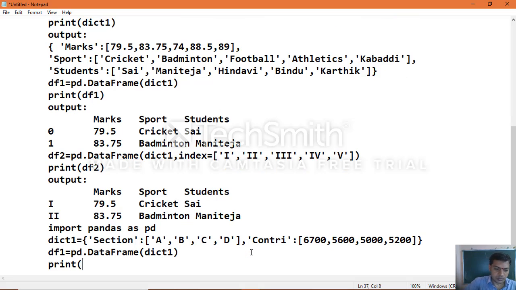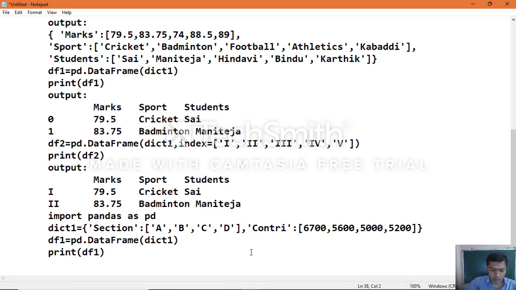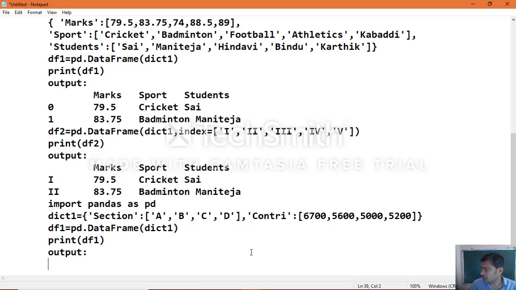Then print the data frame object and you will get the output. As already told, the columns will be displayed in sorted order, column names in sorted order.